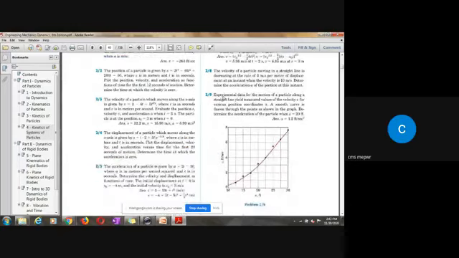Experimental data for the motion of a particle along a straight line yields measurement values of the velocity v for various position coordinates. A smooth curve is drawn through the points as shown in the graph. Determine the acceleration of the particle when s is equal to 20 feet. When s is equal to 20 feet, right? ये आपने करना है।